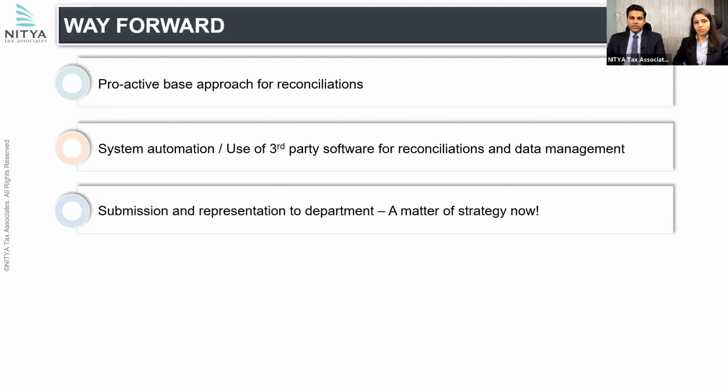And also, the larger point is they will be acting on the micro level information that is being filed by you. They don't have a backend access to the micro level information you file. They'll only get overall yearly mismatches or monthly mismatches. So, how you're presenting the data is very important, and that should be well strategized before you make any submissions on the reconciliation part to the department.